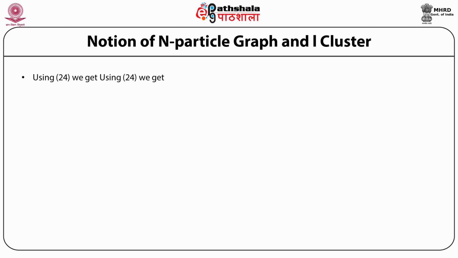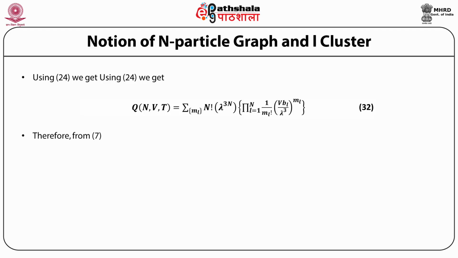Using equation 24, we get Q as a function of N, V and T equal to the summation over the set {m_l} of 1 upon N factorial λ raised to power 3N, multiplied by the product over l equal to 1 to N of 1 upon m_l factorial (V b_l upon λ³) raised to power m_l. Therefore, from equation 7 we get Z, the total partition function, equal to 1 upon N factorial λ raised to